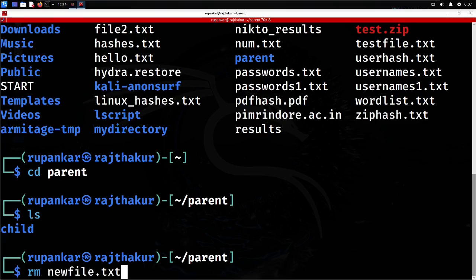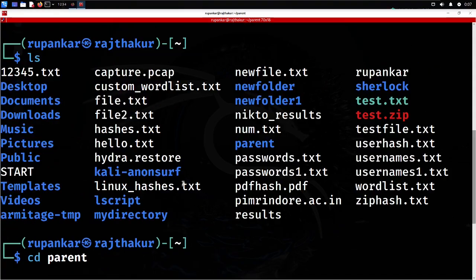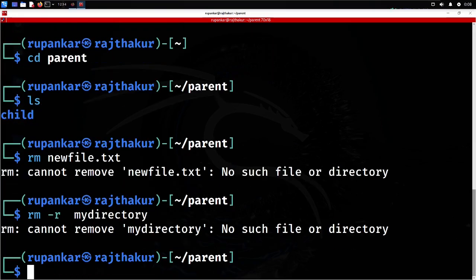So here I am deleting my newfile.txt. Whenever I put rm and the file name, once again it is giving me an error. I will be coming back to that again. So basically rm removes a file or a directory. It can also help us to remove a directory. When I put rm -r and the directory name, my directory, I want to remove this directory. So simply copy and paste, and